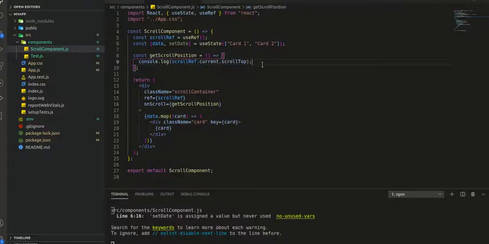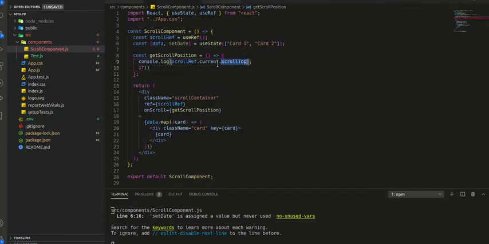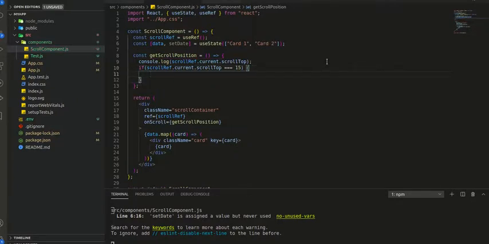So for this, let's just write an if condition, and our logic will be scroll top. Say for the first card, that means for the third card that we will add on scroll, we'll write a logic that if it is 15, then, just for the first card, just to check that our logic is working or not, and then we will make it dynamic.